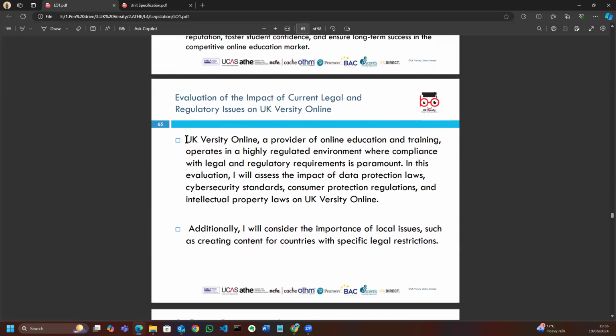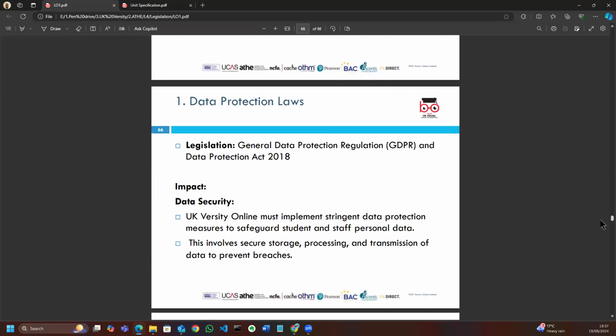So this is very much an example for you to understand how these laws are implemented for UK Versity. This is very helpful when it comes to writing the assignment,